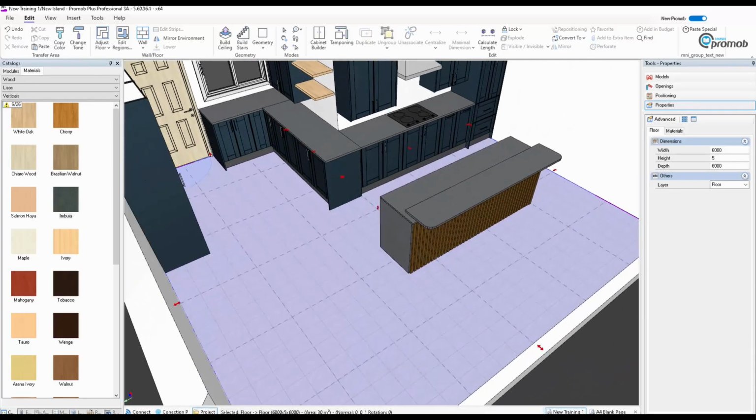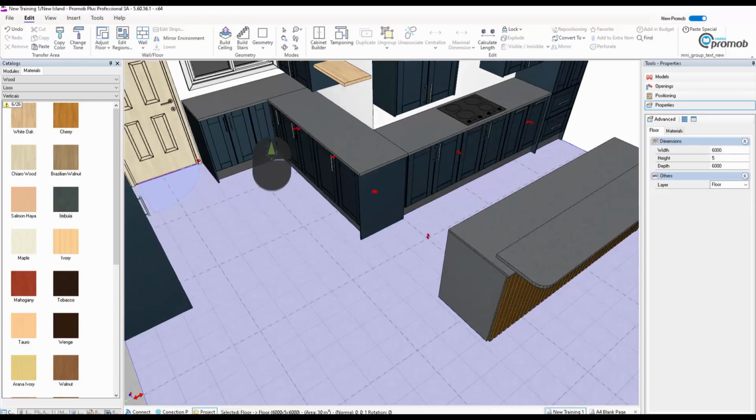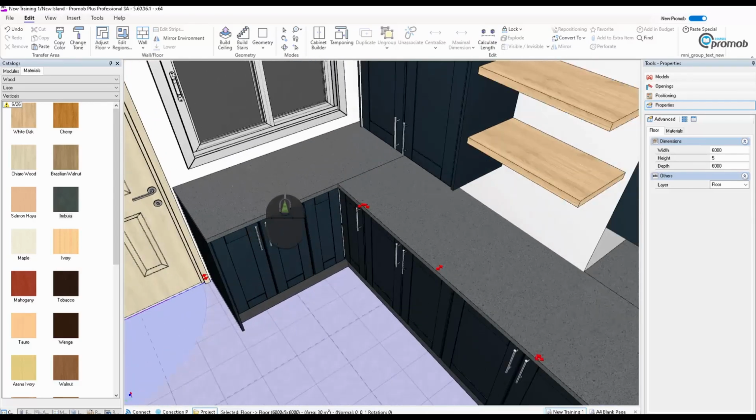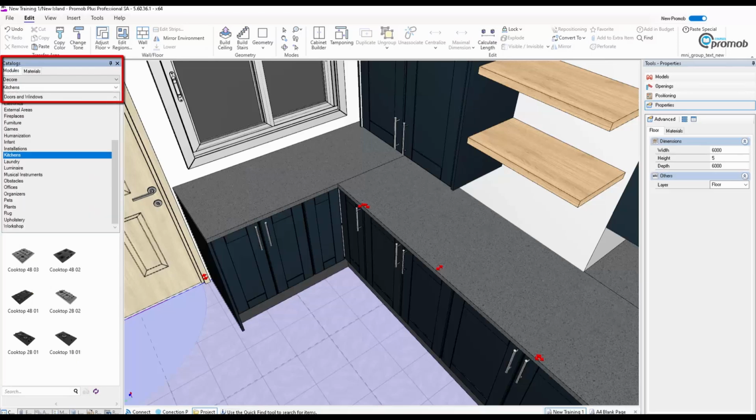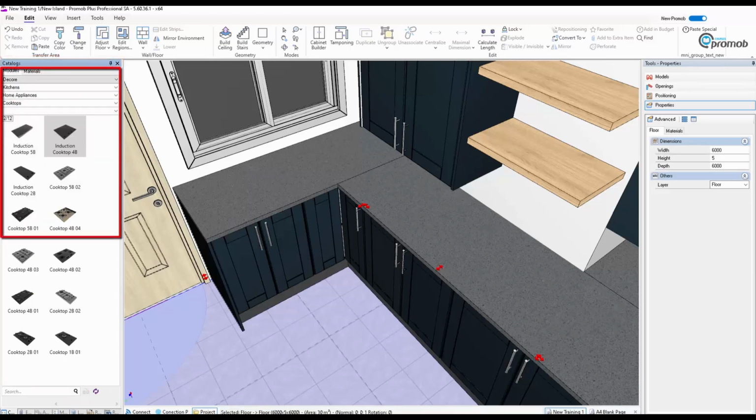Maybe before we go, we'll put a sink and maybe a prep bowl in. Okay, so what I'm going to do is I'm going to come over here and I'm going to put a sink in this area over here. So what I'm going to do is I'm going to go to models. I'm going to stay in decor. I'm going to stay in kitchen. Over here, and then what I'm going to do is I'm going to come down here and I'm going to say